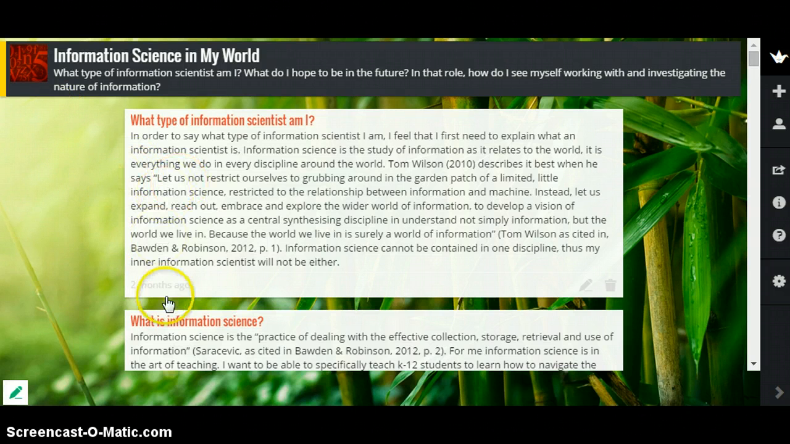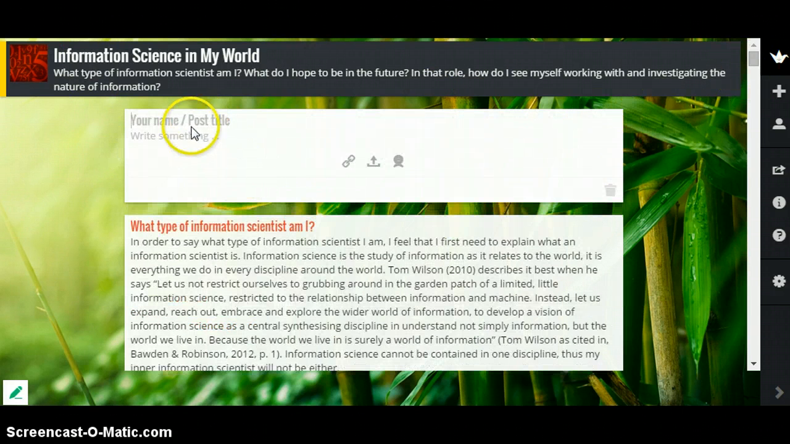What Padlet allows you to do is create posts on a page that someone else has created. So this is something that I created. If you wanted to go on here and comment, all you'd have to do is double click anywhere and you could create your own post. You type in your name, or if you want to be anonymous, you don't have to, so you can write anon, give it a title,